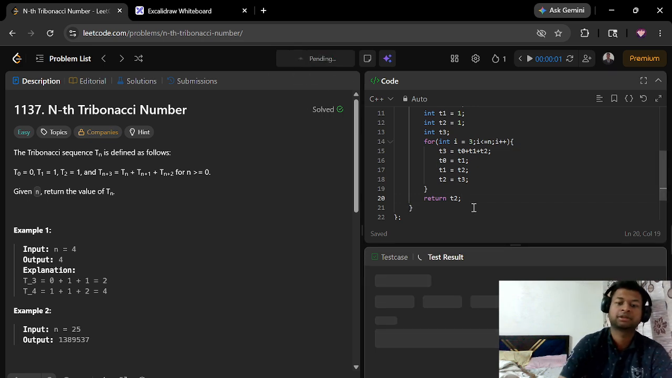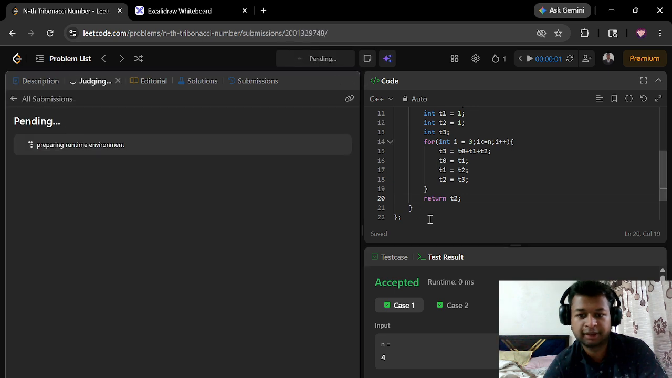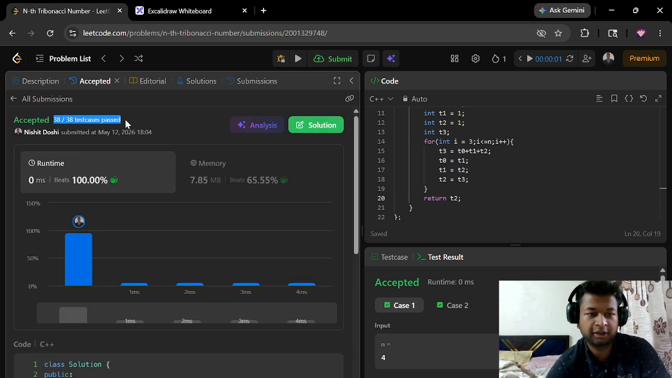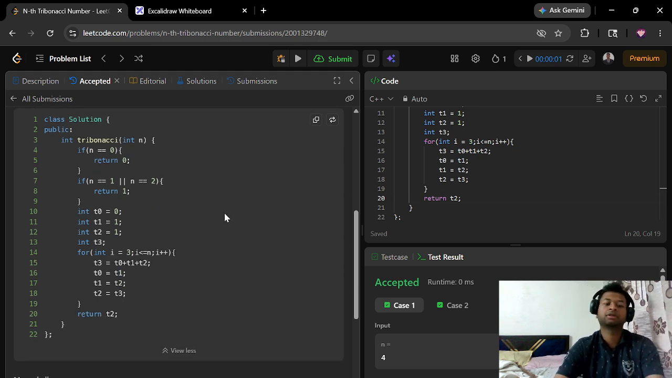Now let's run this question. As you can see here, all the test cases pass perfectly. Now let's submit it and check the results. All the test cases are passed and it is accepted. Our runtime is 0 milliseconds and beats 100%. Memory used here is 7.85 MB and beats 65.5%. So this was the solution of this question by recursion, and the main concept